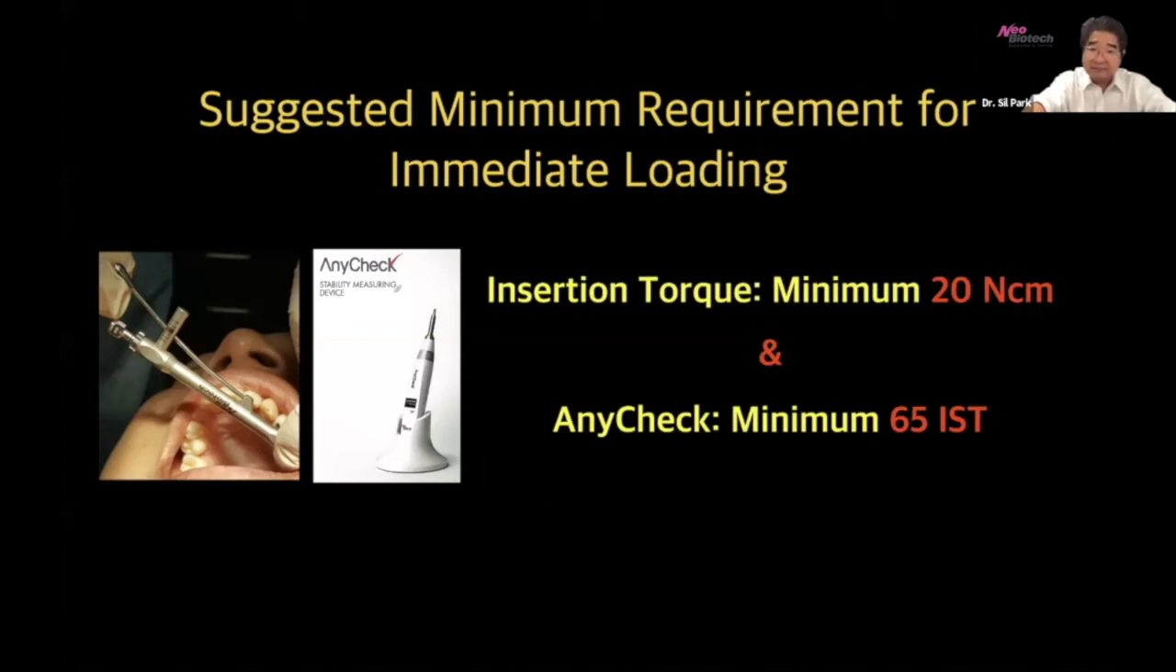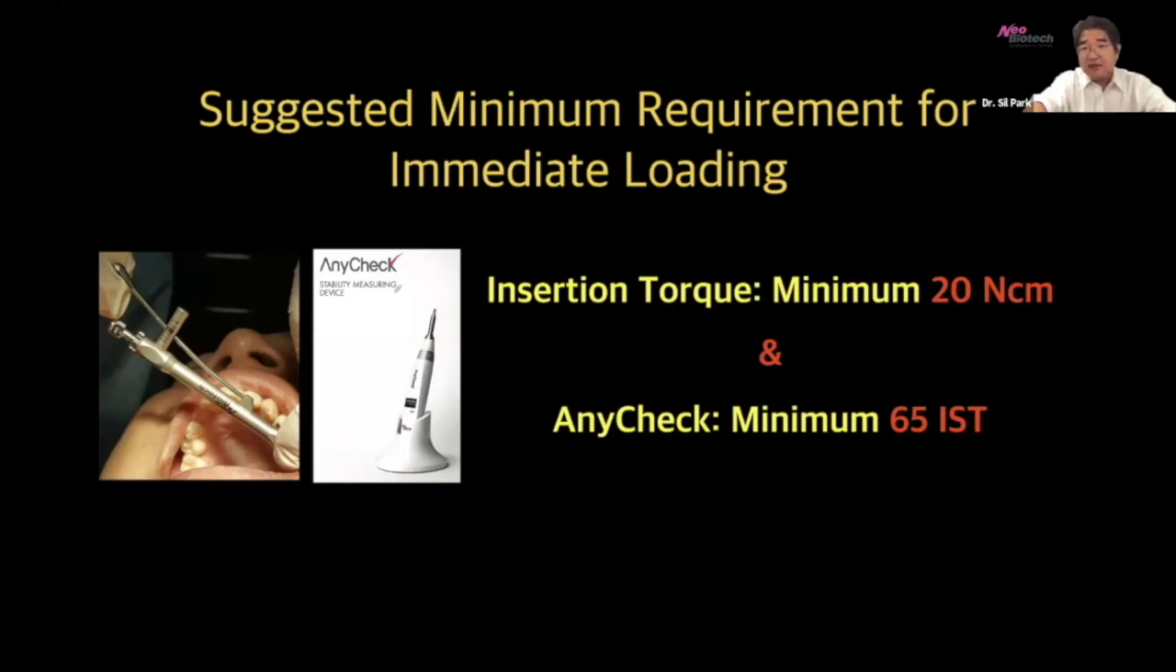Please keep in mind, whether you are using the Periotest, the Ostell, or even the AnyCheck, this machine will not tell you the rotational stability of your implant at all. So you must measure the insertion torque. If the insertion torque is more than 20 Newton centimeters, and then you measure the AnyCheck and that number is 65 IST,